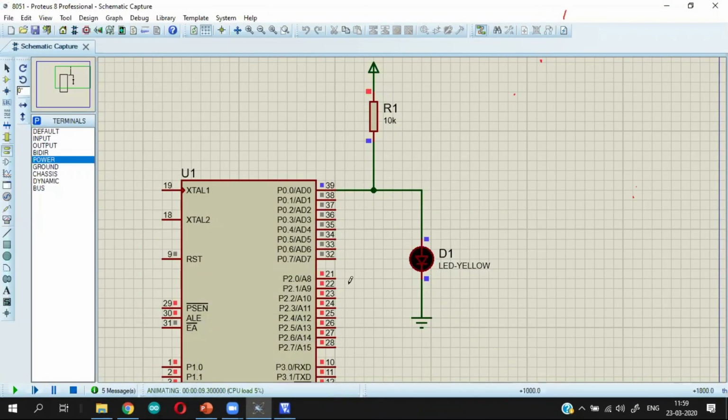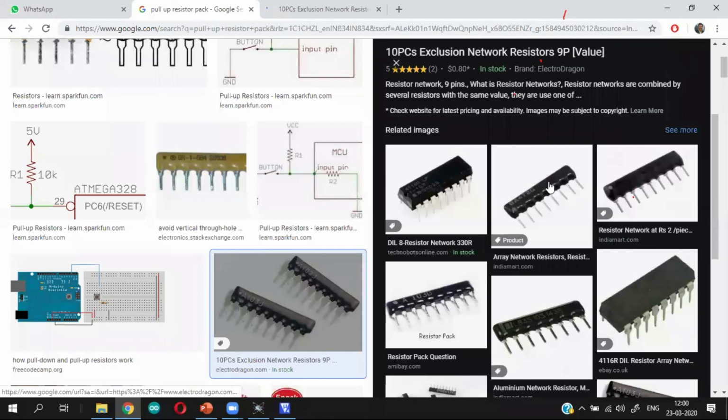In practical scenarios, if you want all the 8 outputs, you cannot practically connect them with 8 resistors like this. For this, we have pull-up resistor packs available. You can connect them as a small component. You're able to see this one. You'll be having 9 pins here. 1, 2, 3, 4, 5, 6, 7, 8.